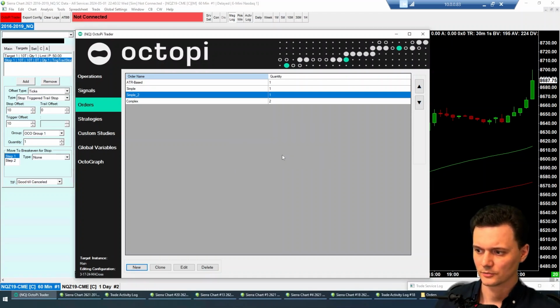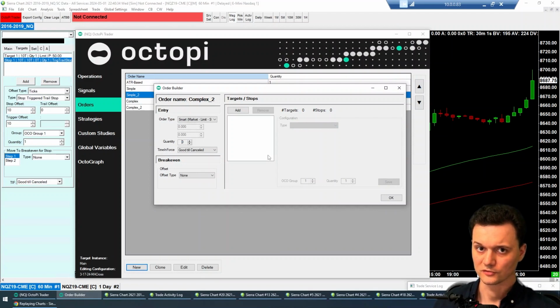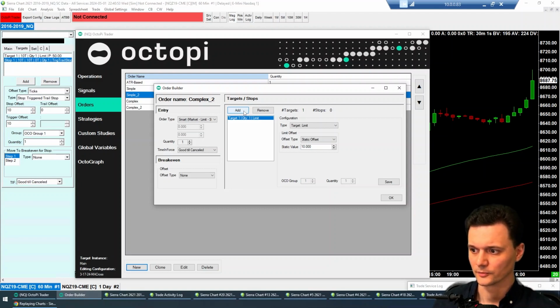And this is really, I'm just running through these to show you the iterations of what can be done in the bracket creation. If you guys already know what type of bracket you want, more power to you. Explore the interface. It's really pretty self-explanatory. But just for those of you that have never seen it or haven't worked with bracket orders before, this may be useful. So let's make, once again, a